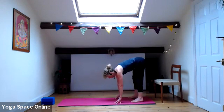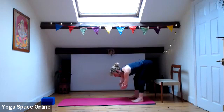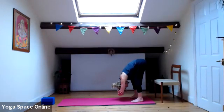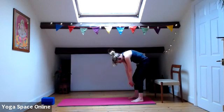Take your feet wide, nice and soft in your knees, and just fold, holding your forearms or your elbows or your upper arms wherever you can reach. Maybe just rock a little bit from side to side, but keep those knees nice and soft. Breath nice and steady. Release your arms. Inhale, slowly uncurl and come all the way up